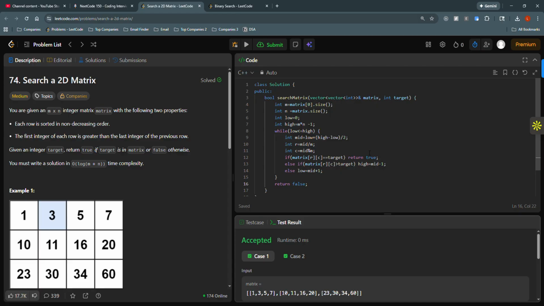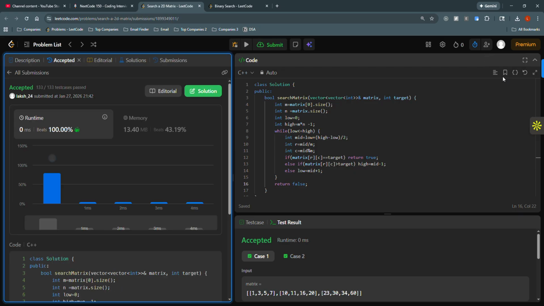There is a brute force method of solving it. As I told you, just treat it as a one-dimensional array. Create a copy, make a one-dimensional array with m cross n size, and copy paste one by one, and then you can apply binary search. But that would incur an extra space complexity of m cross n. So this solution, it's logical. It's applying the same concept, but without using that extra space. Let's submit it. And yeah, we get